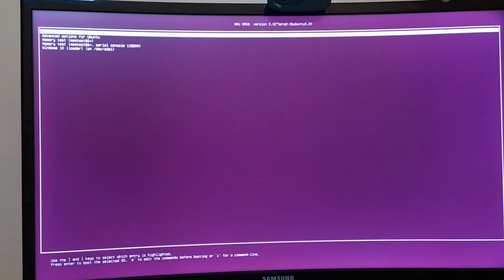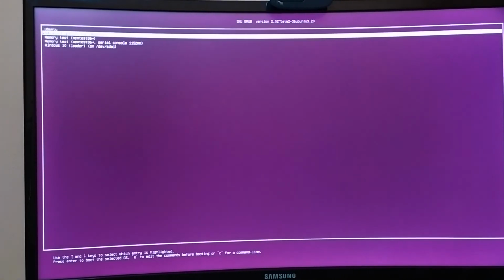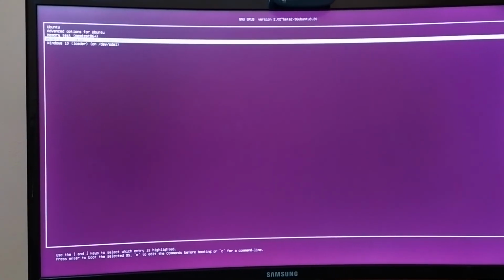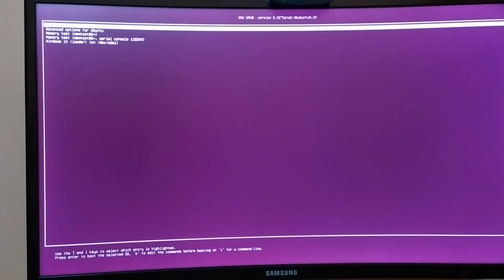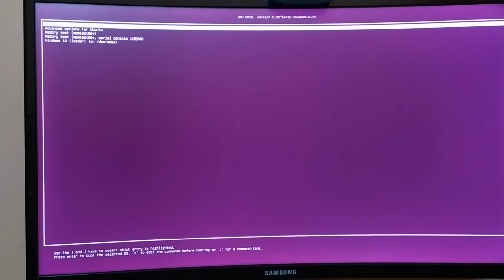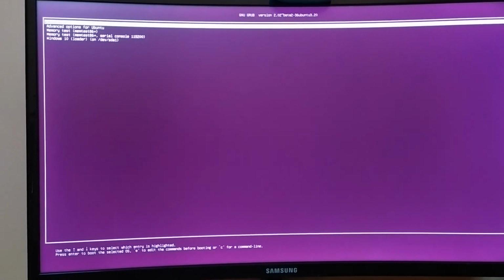So what we need to do is select whether we want to select Windows or whether we want to select Ubuntu, and then press enter. In this case we want to get into Ubuntu, so we select Ubuntu and then press enter.